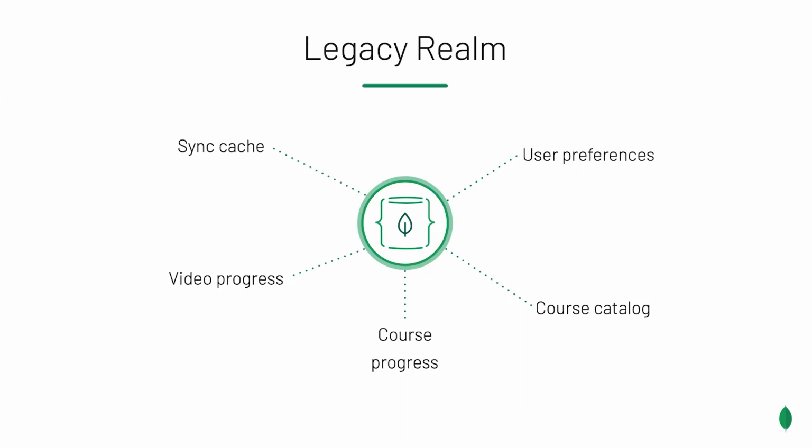Next up, video and course progress needed to be pulled from our sync service and stored in Realm to accurately show viewing progress that may have been performed on another device. Next, and quite importantly, Realm is responsible for the metadata behind our entire course catalog: course titles, descriptions, trainers, learning paths, videos. All of it's right there on the device. Finally, user preferences are of course stored in the on-device Realm in order to keep track of things like your preferred playback speed, download quality, last sync date, and more.